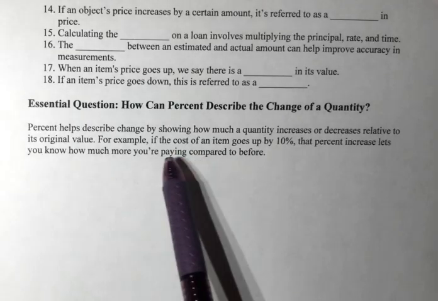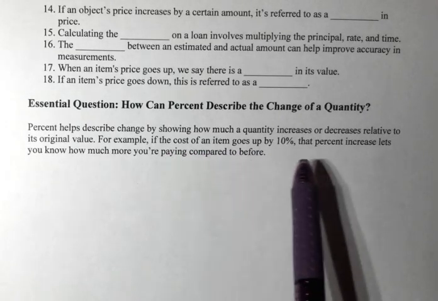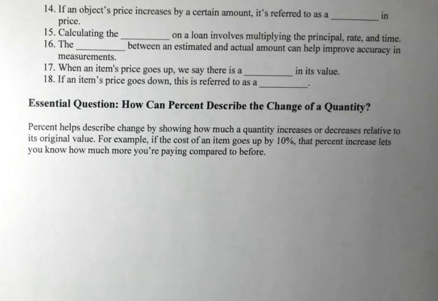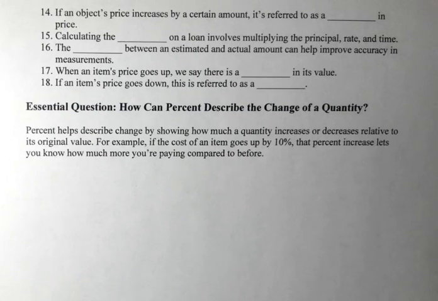So the example that we have is that if an item goes up by 10%, then we know that we're paying more than we paid in the past or before, or whatever it is that we're comparing it to. So I hope that you learned a lot in this module. I hope that you took a lot of notes,